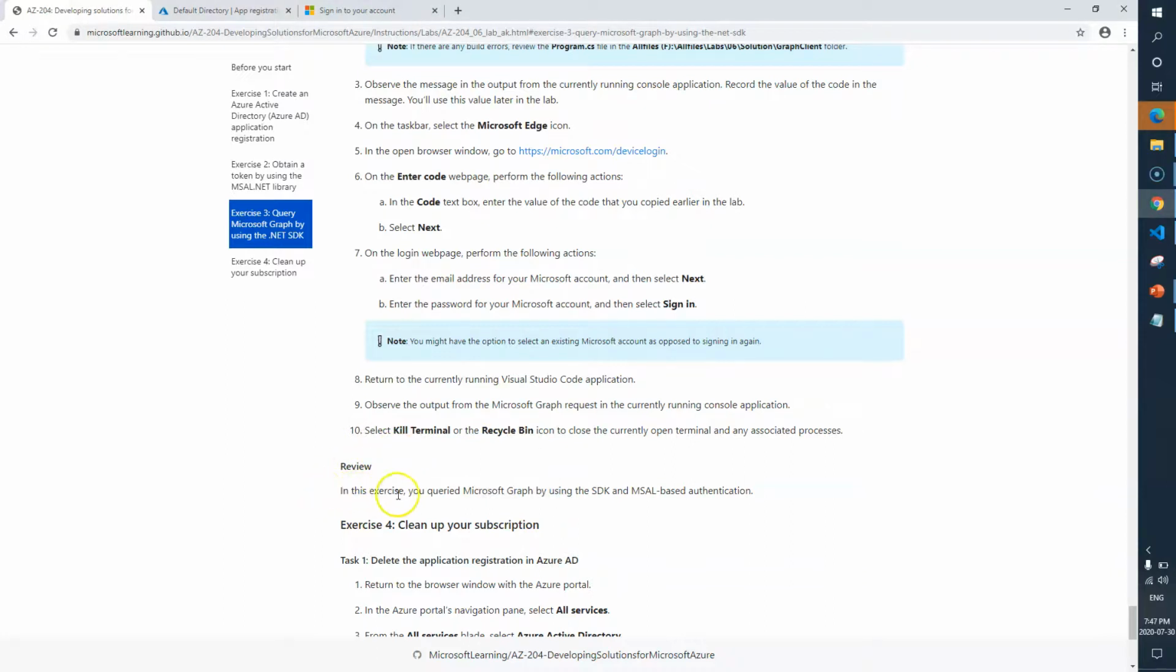Review. In this exercise, we wrote a program to authenticate a user and fetch the user profile by using